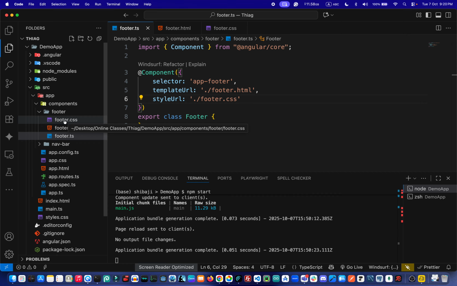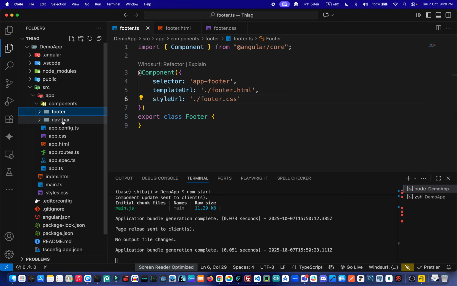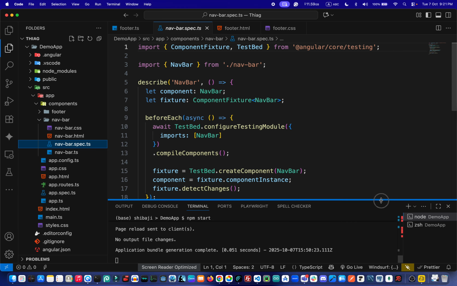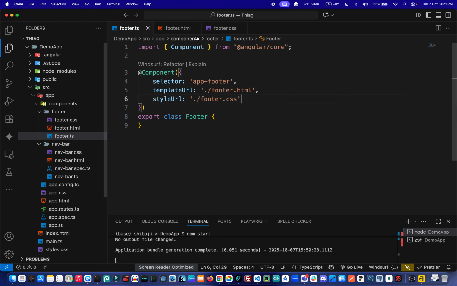Okay, so style URL or style URLs we can use, and we can see the output easily. So this is the actual structure of our component. I think you understand the component anatomy? Yes, completely. And one more thing is here, like spec.ts, and this spec.ts is actually working for testing, component testing